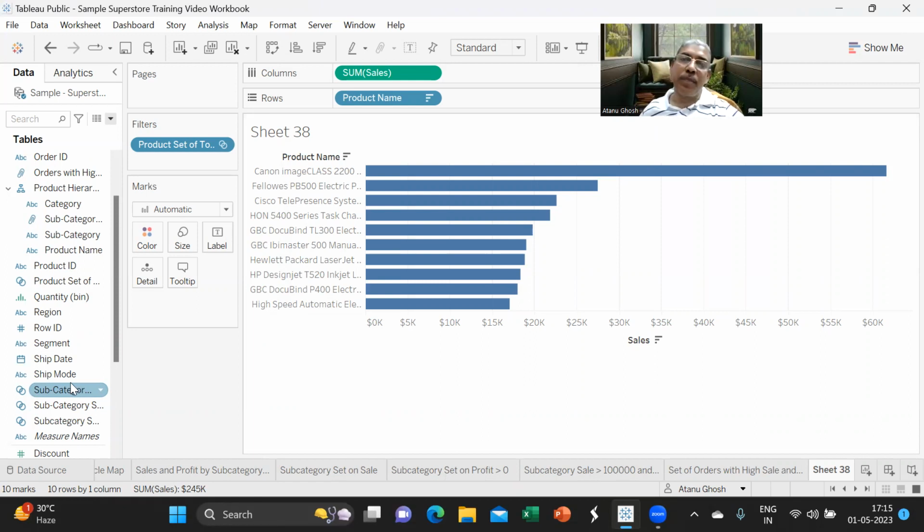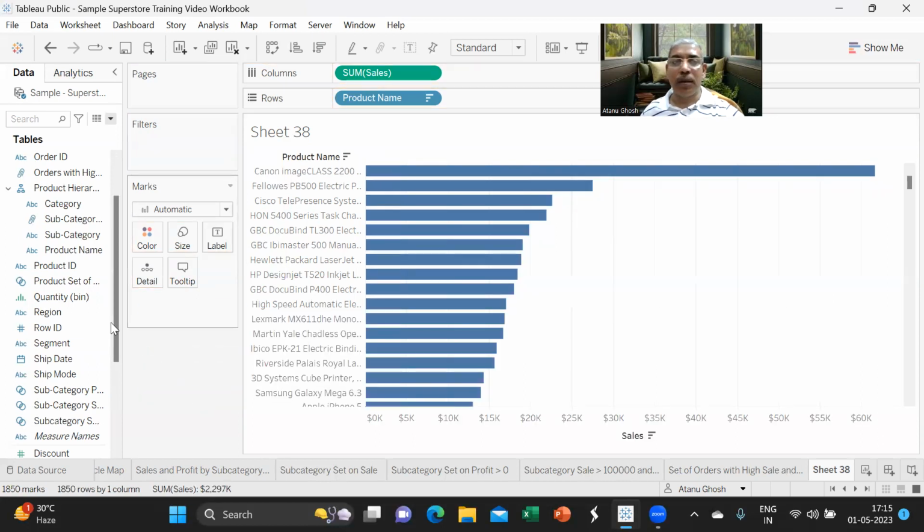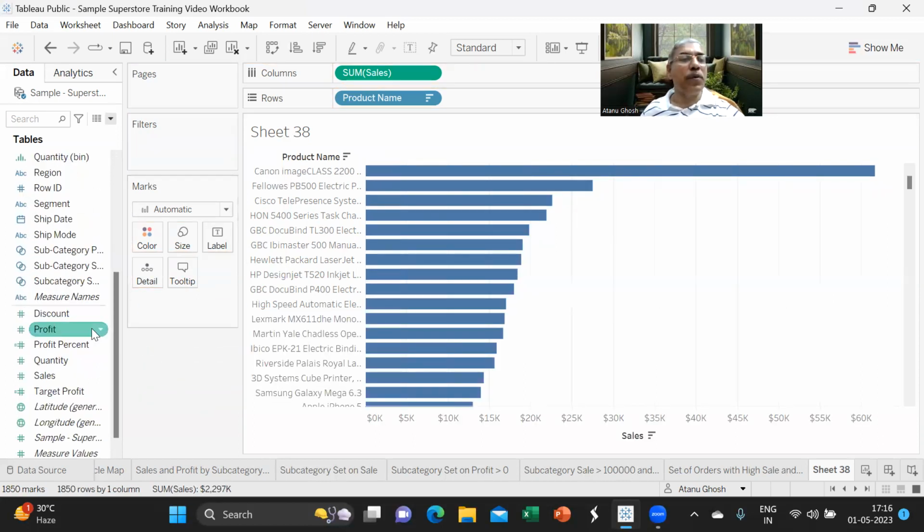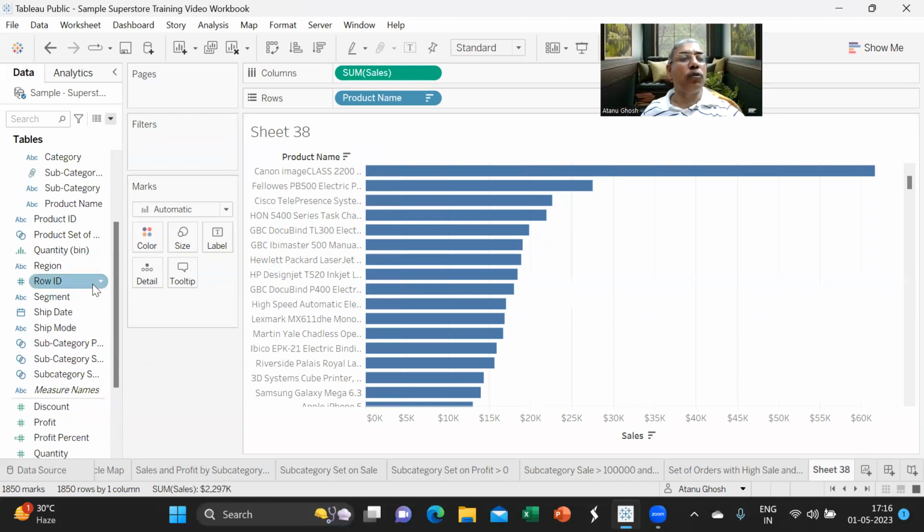And this is where a parameter will come in. So we want to give the control in the hands of the user, where the user will decide how many top they want to see, and accordingly, the chart will show the top 5 or top 10 or top 20 the user wants to see. So we'll bring this back. This didn't work the way we want. So we'll go back to the